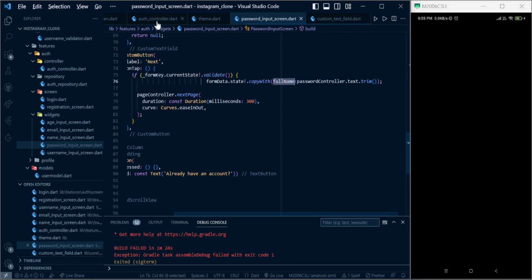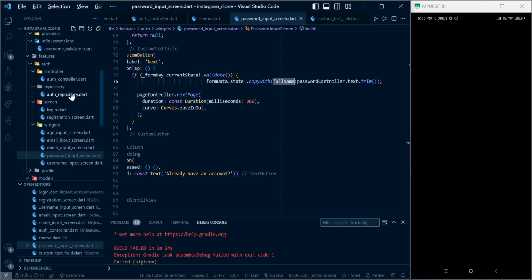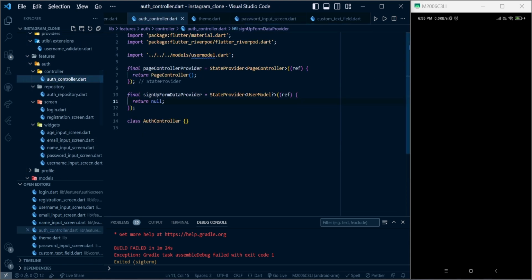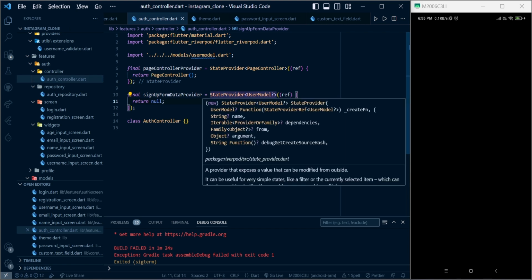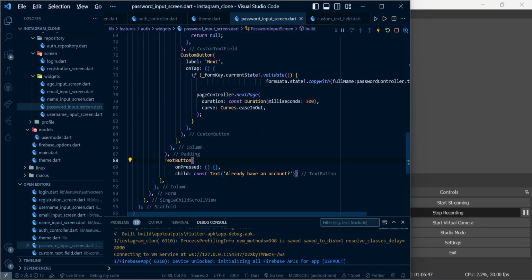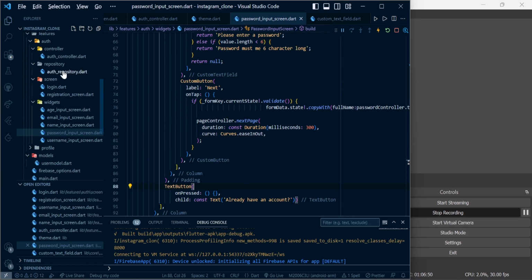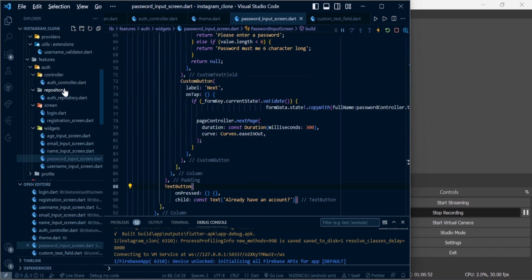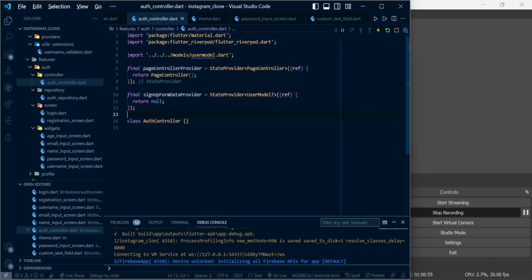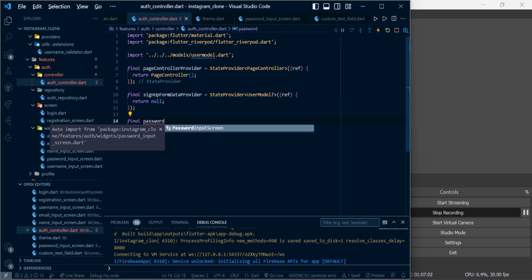I think we need to make a little change in the provider, because how are we passing the password, right? And I think we need to create a provider for this as well. Might be this is not an optimal solution, but for now we need to do this. We can write password input provider,